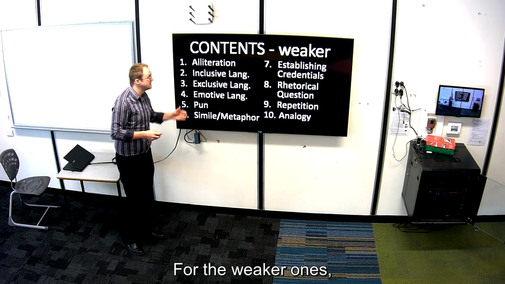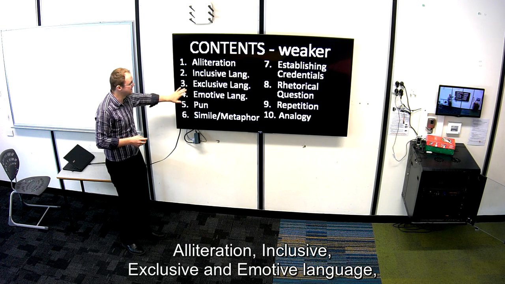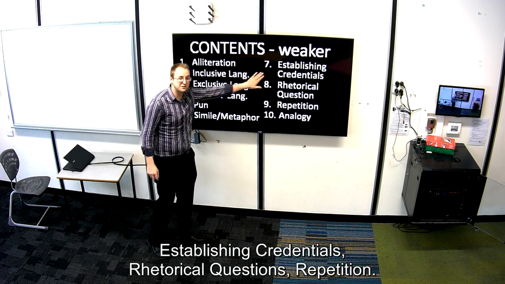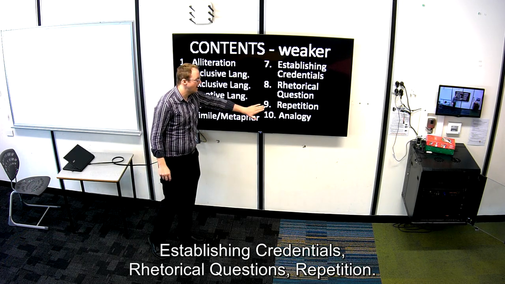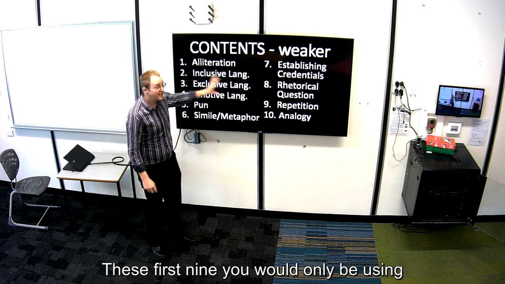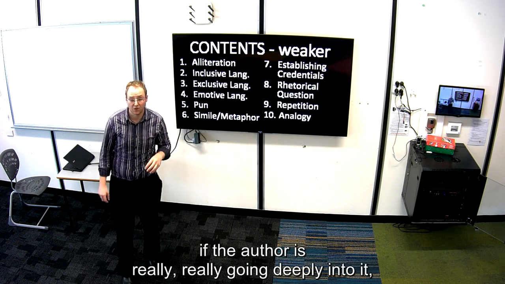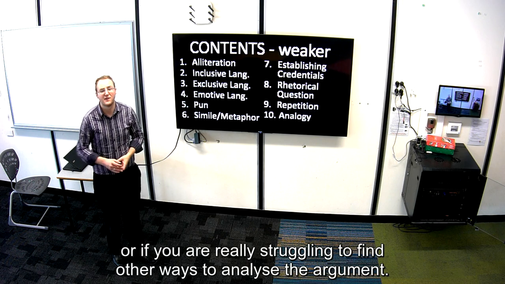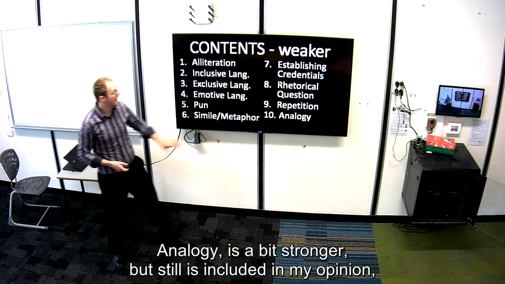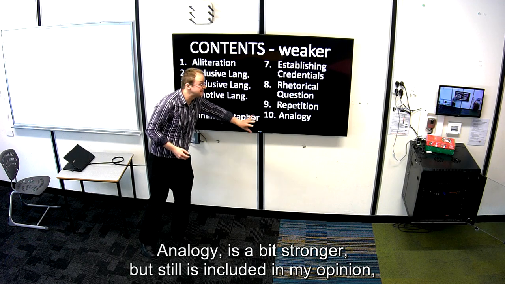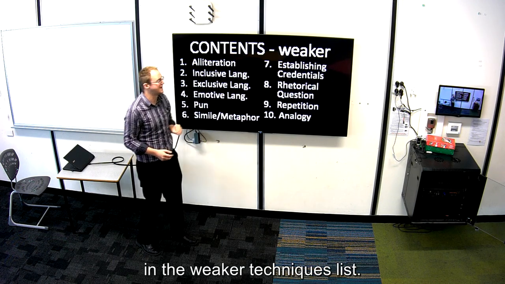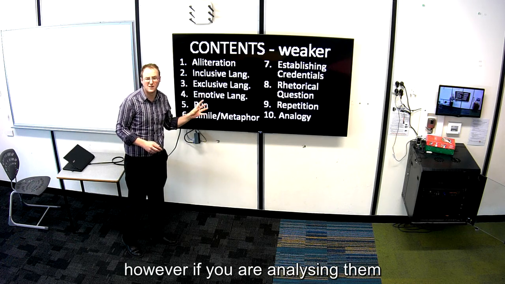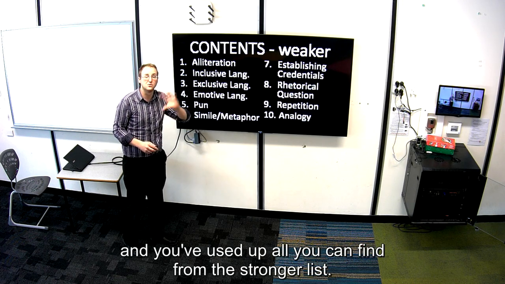For the weaker ones: alliteration, inclusive, exclusive, and emotive language, pun, similes and metaphors, establishing credentials, rhetorical questions, repetition. These first 9 you would only be using if the author is really going deeply into it, or if you are really struggling to find other ways to analyse the argument. Analogy is a bit stronger, but still is included, in my opinion, in the weaker techniques list. These ones here are valid to analyse. However, if you are analysing them, it usually means you're struggling and you've used up all you can find from